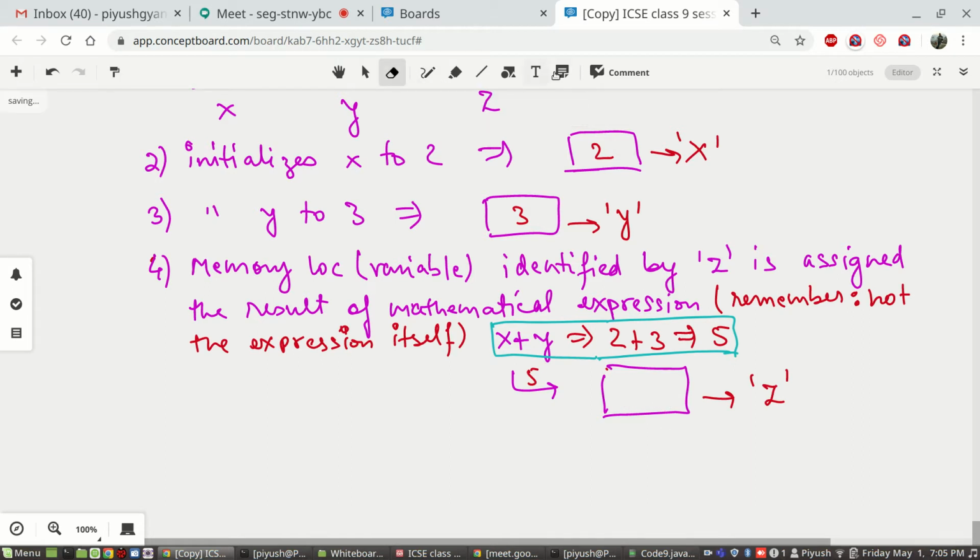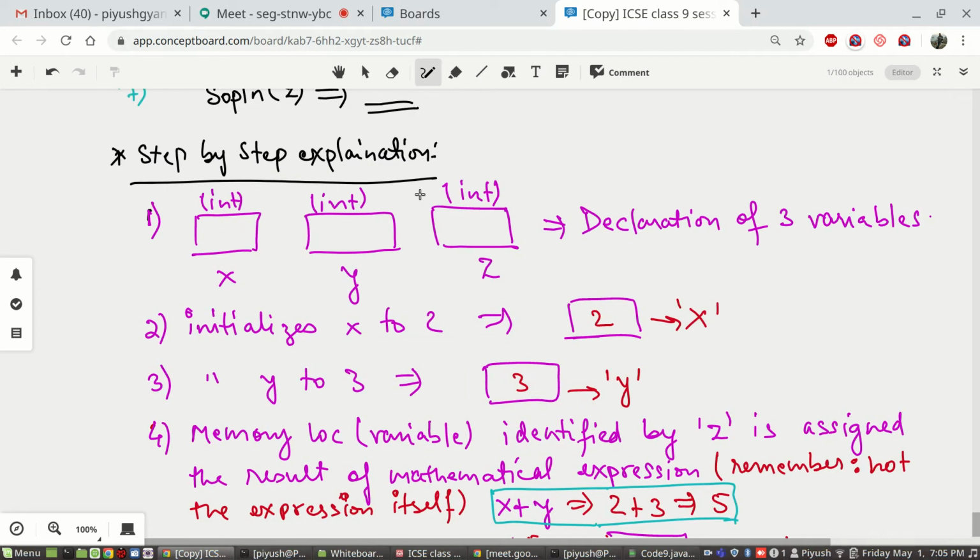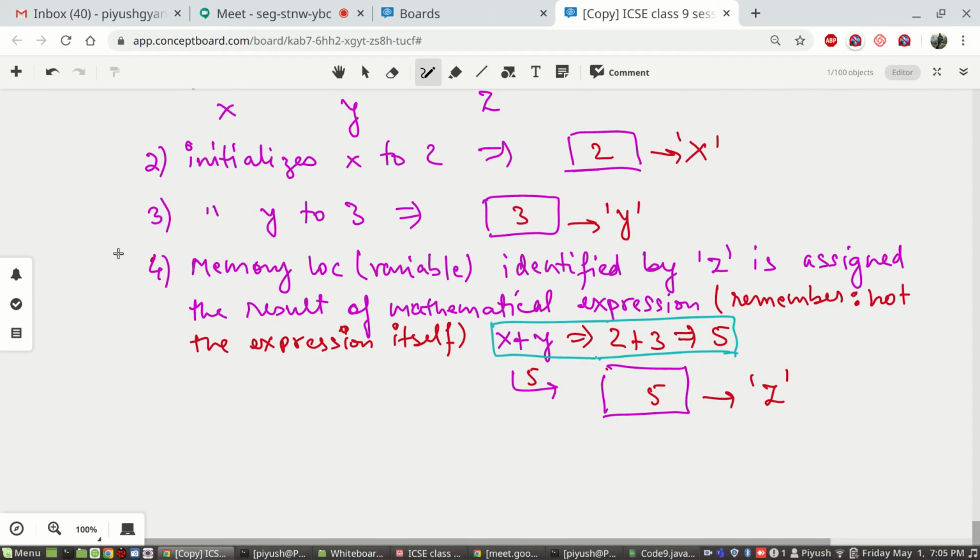So the result of the mathematical expression will be stored here, which will be 5. Now in the memory, next you are printing it, printing 5 on the screen.